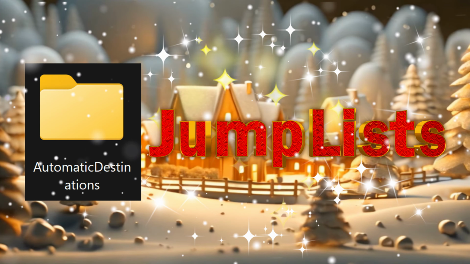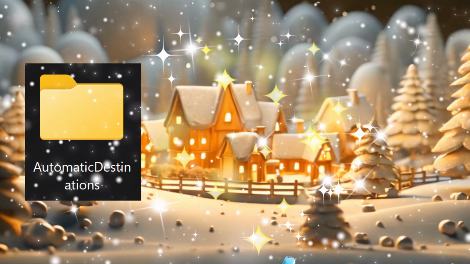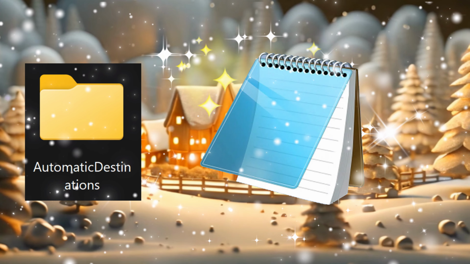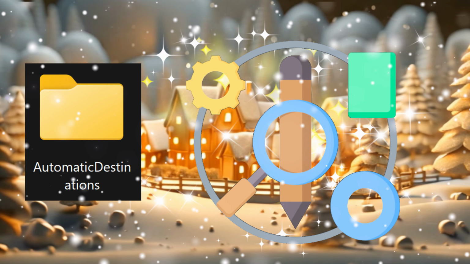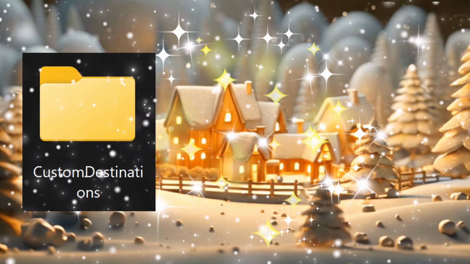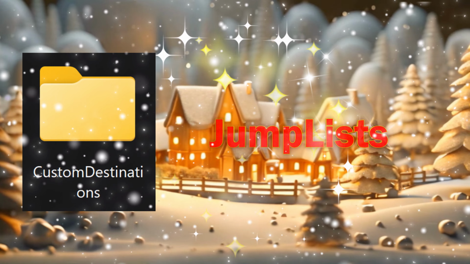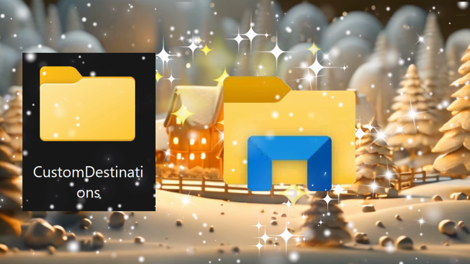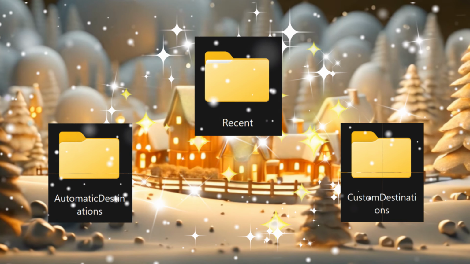They power the shortcut lists called jump lists for programs that do not use a custom location, such as Notepad. Traceability per application reveals which files were accessed for a specific app, even if the file was opened a long time ago. The CustomDestinations folder holds encrypted binary files that power the shortcut lists for programs that use custom locations, e.g. File Explorer and specific apps. That's the gist. These three folders are the cornerstone of the recent documents